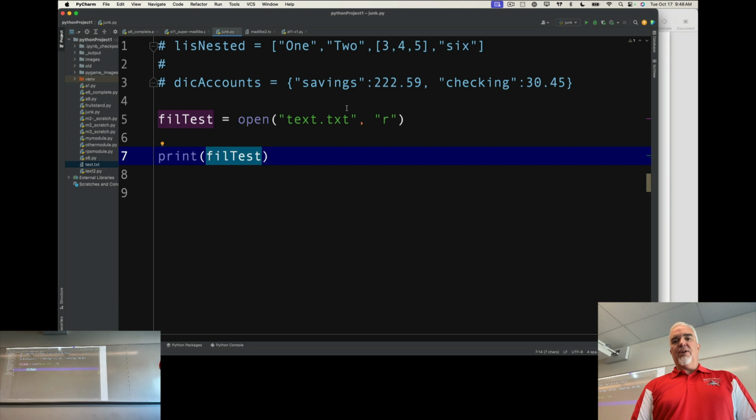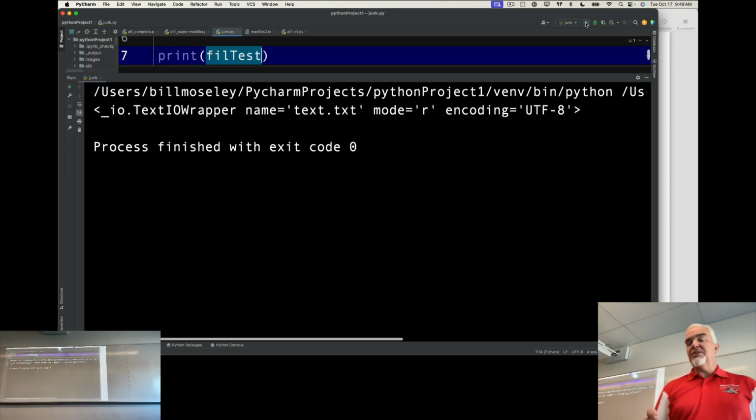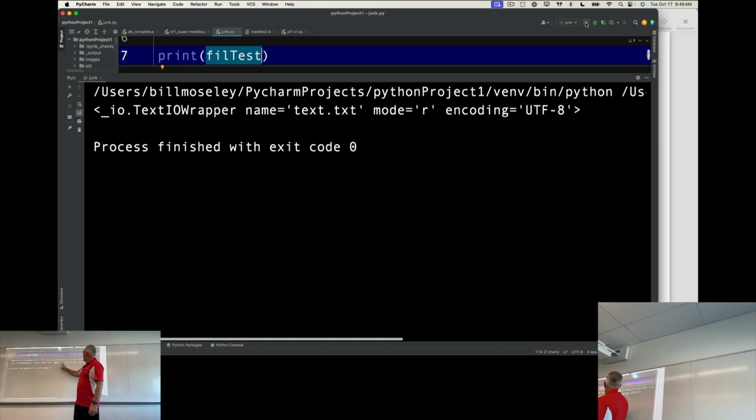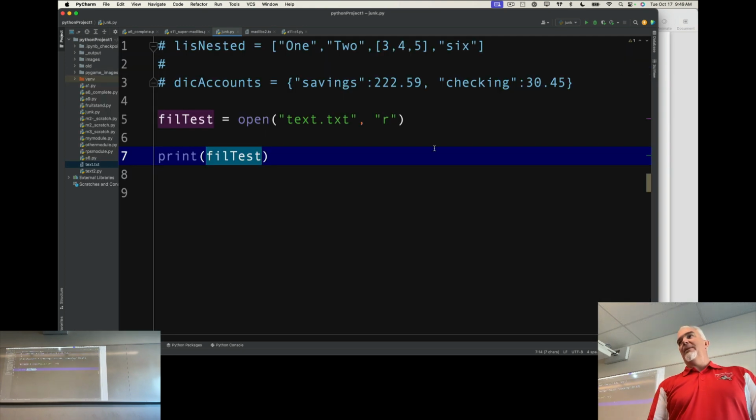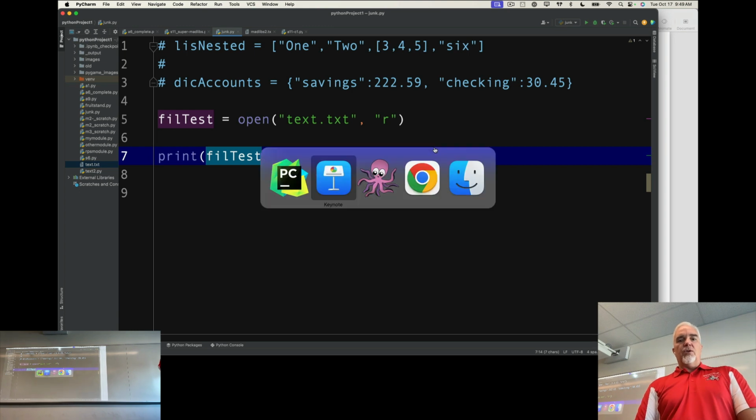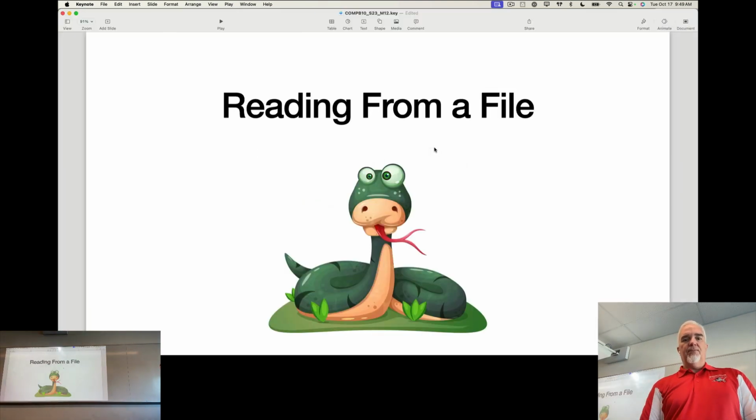What you're doing is you're actually printing the object. Remember, this is a pointer that points to a file. So there's the wrapper. We've got the name of the file, the mode, the encoding. That's useful information, but it's not what we necessarily want. We want to print the contents of the file. So what we have to think about next is